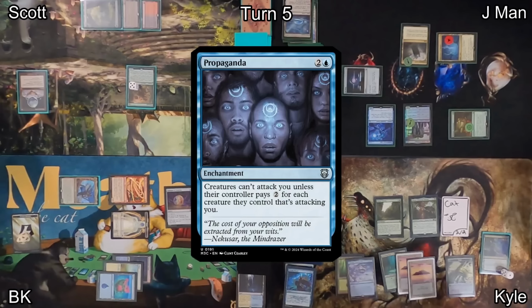He draws, and as his first action, he'll attack his commander into J-Man for 0 points of damage. But he's not worried about that. He cares about Tamiyo's triggered ability. On the attack, he gets to make a Clue token. And then he uses his Lotus Petal and his land to cast See Beyond. So See Beyond will have him draw 2 cards and then shuffle 1 away into his library, but more importantly,